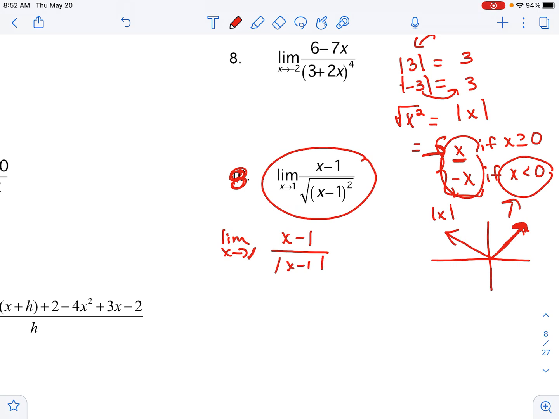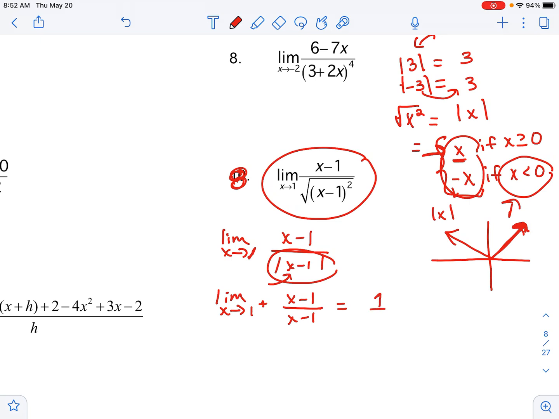So anytime you see an absolute value problem, you need to think about your two scenarios. So we need to think about your left and your right-hand limit. So if I plug in any number to the right of 1, what's inside that absolute value will always be positive. So we are going to take the positive scenario. So that absolute value piece really becomes the positive scenario, which is just x minus 1, and this is just